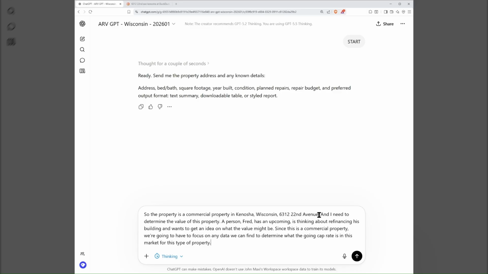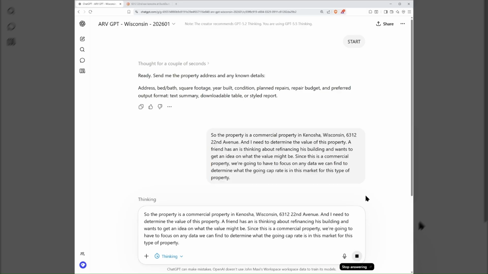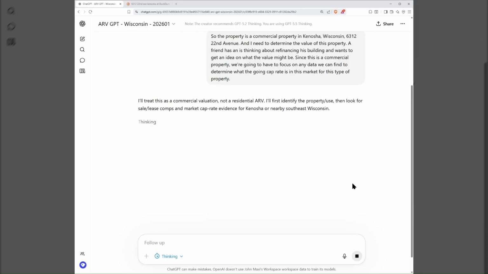Okay, let me just double check. Let's type in: a friend has an upcoming refinance, is thinking about refinancing his building, wants to get an idea of what the value might be. And since it's a commercial property, you need to value it that way. This is really made for residential property, where it would be taking a comparable sales based approach to doing a valuation. So we'll see